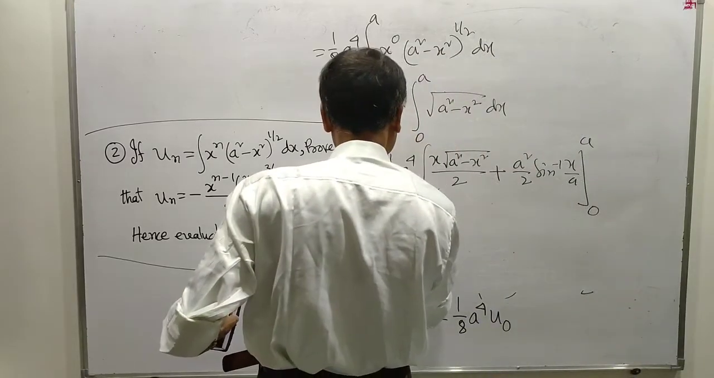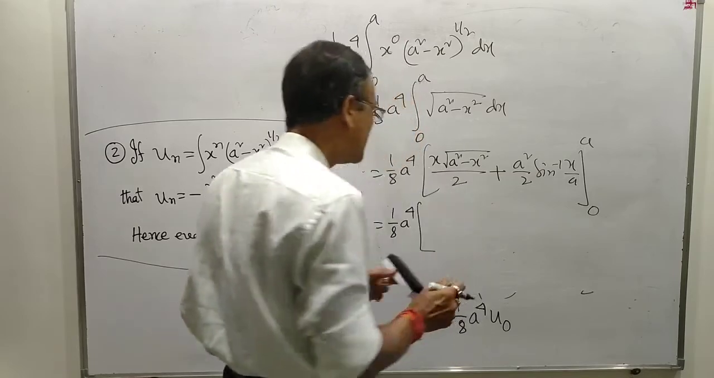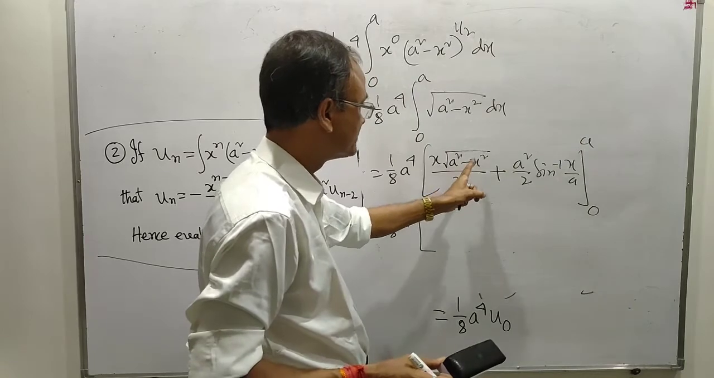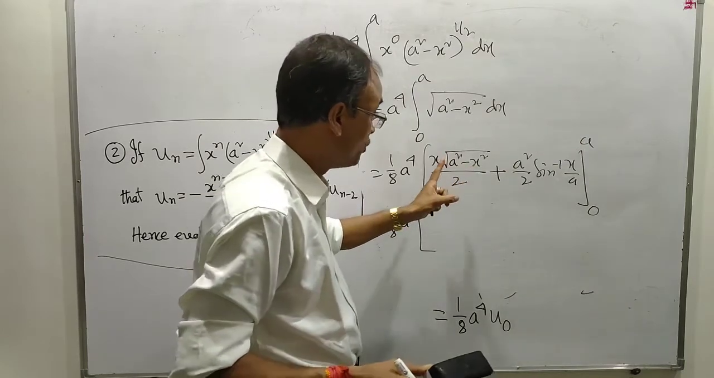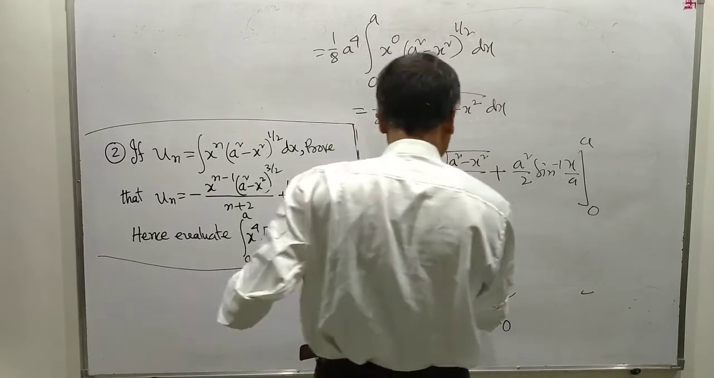This is equal to 1 by 8 a to the power 4. Put x is equal to a. This term will be equal to 0. If you put x is equal to 0 here, no contribution from this term. 0 minus 0 plus